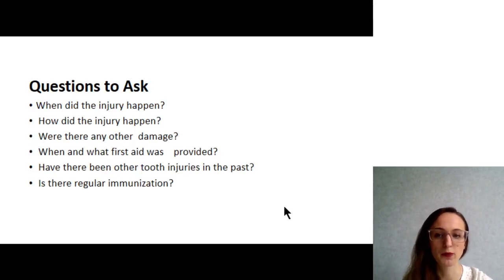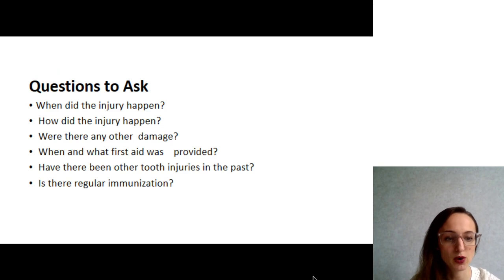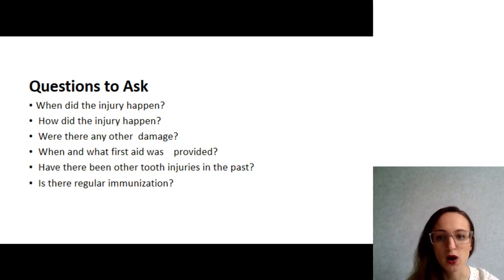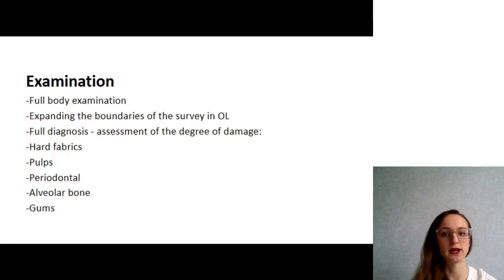Then, what we need to know from our patient. Questions to ask. First of all, when did the injury happen? How did the injury happen? Were there any other damages? When and what first aid was provided? Have there been other tooth injuries in the past? And is there regular immunization? These questions. And examination: full body examination, then expanding the boundaries of the survey in the oral cavity, then full diagnosis,